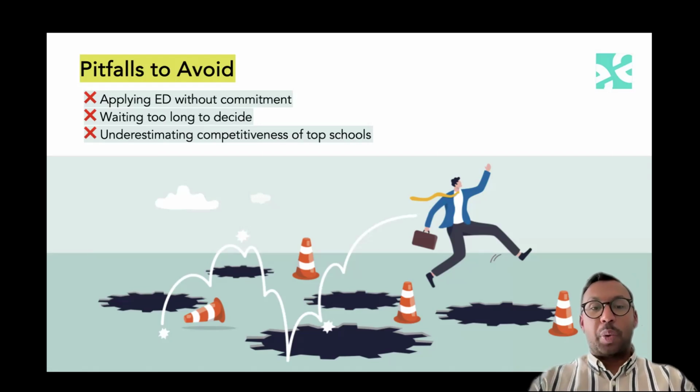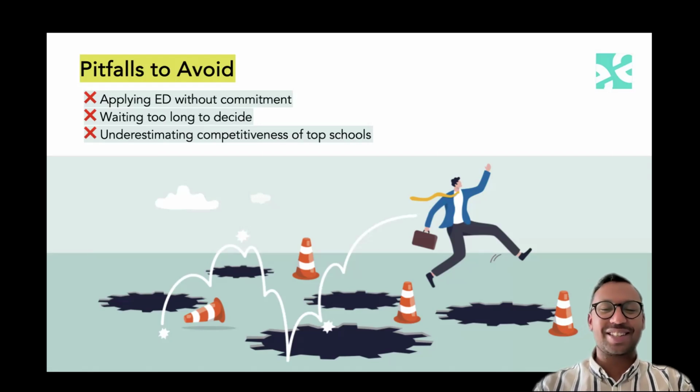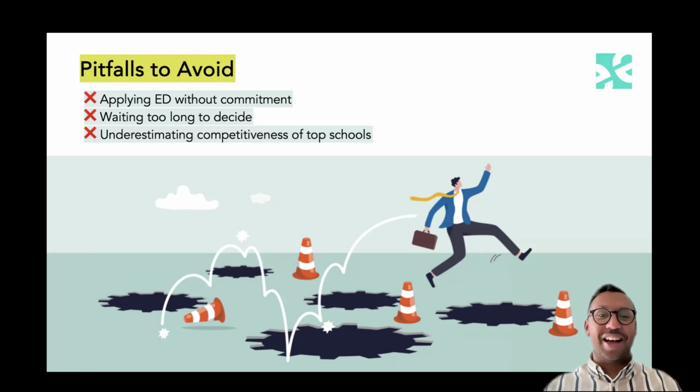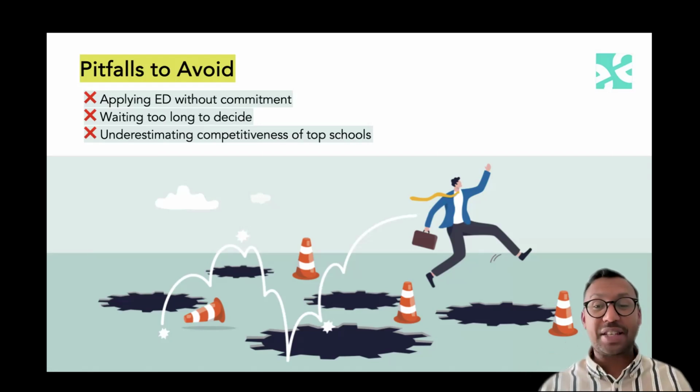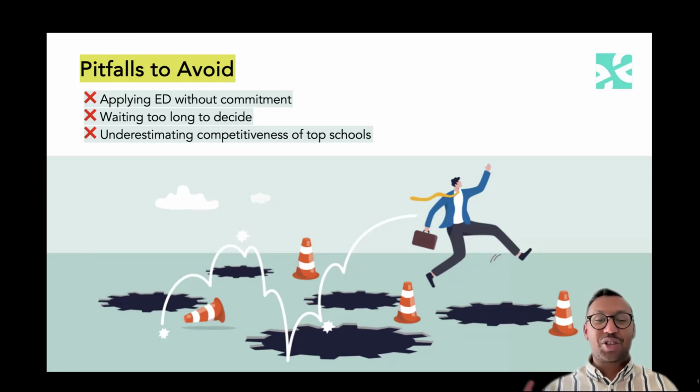One of the other pitfalls is waiting too long to decide. In my 10 years of working in education, I can't recall how many times a student has come to me a few days before an application deadline and said, "Mr. Dexter, I'd really like to apply to the school early decision." And I sit there kind of stunned because I know that in order for the student to get this done, they need a personal statement, an activity list, and sometimes five supplemental essays. And so that's going to require a lot of work. And so it's best to finalize the school list in June, July, so that you can plan ahead.